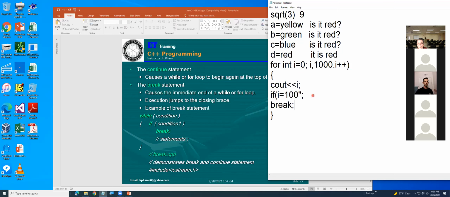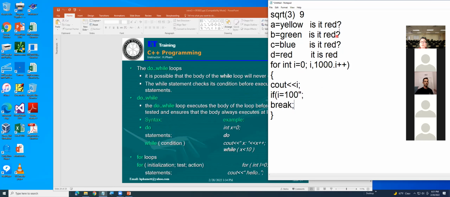Without that for statement, they cannot do the job. However, for some reason, if you want to get out of that loop, then you can use the break statement.